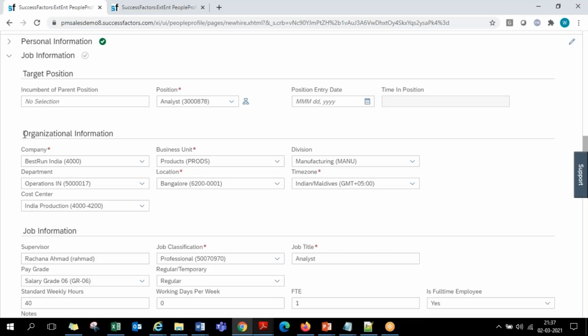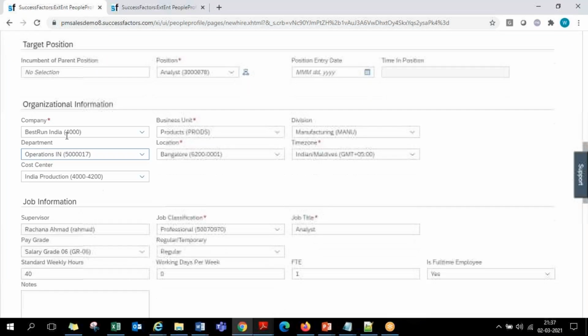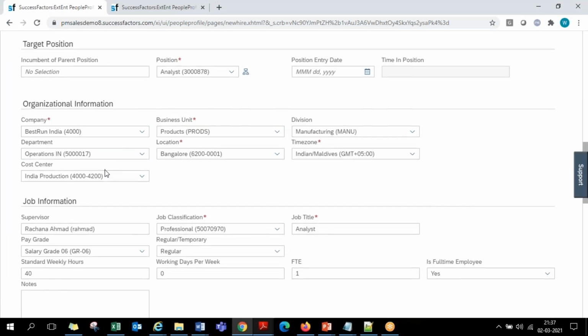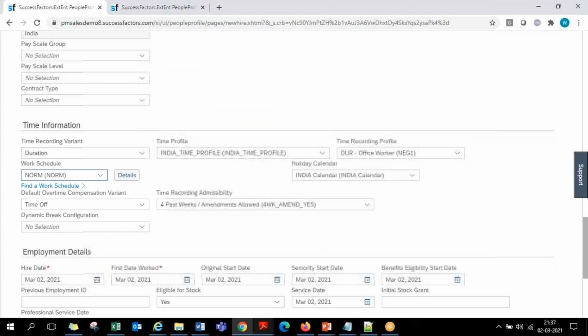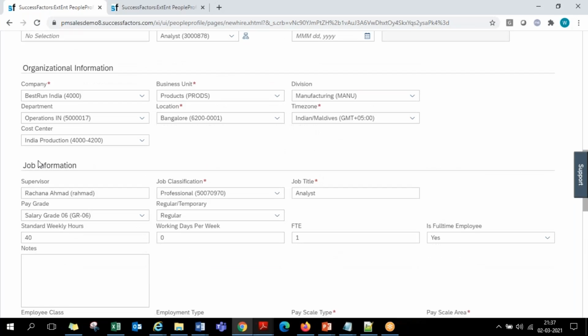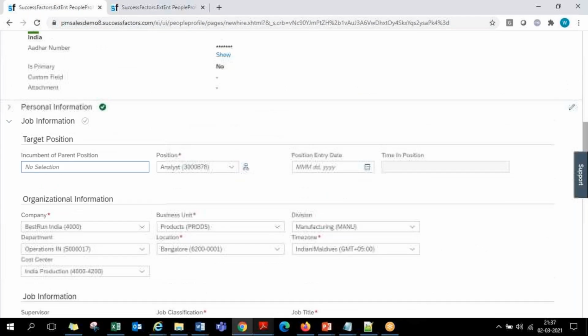Either you are speaking about the org information part, that is the employee, division, department, anything. Employee job information details, like his reporting manager, his job is permanent or contract, his pay grade, all these stuff you are discussing, or employee time information, all these belong to the job information itself. We generalized to call them as job information. So though you have a specific portlet as job information, this entire category of areas we call them as job information only, the category also.